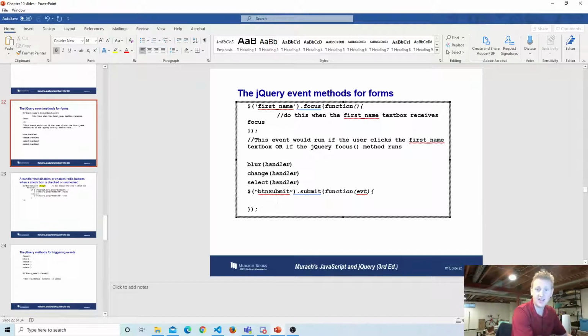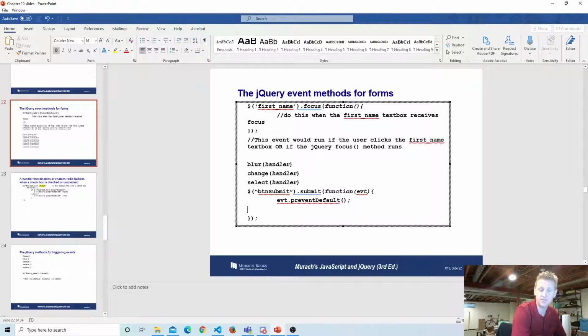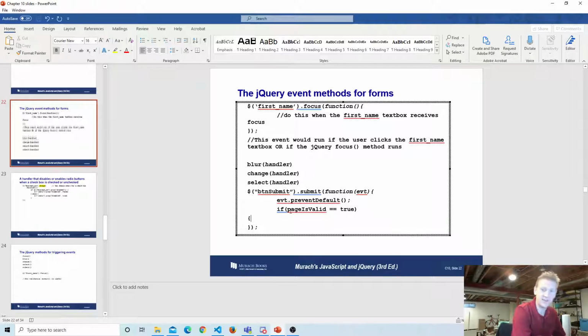go ahead and evt.preventDefault. So we stop the submit event from occurring. And then you could say if page is valid. If the page is valid,